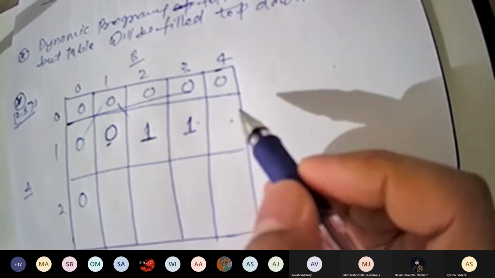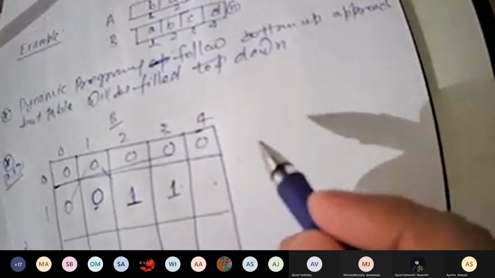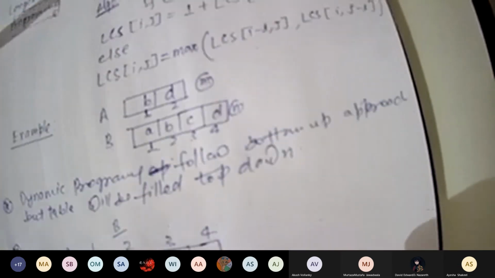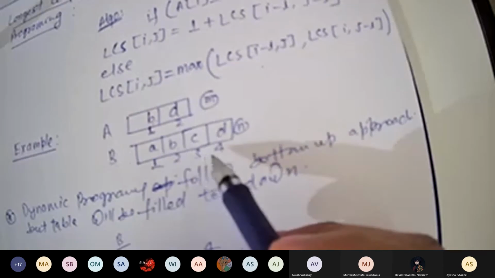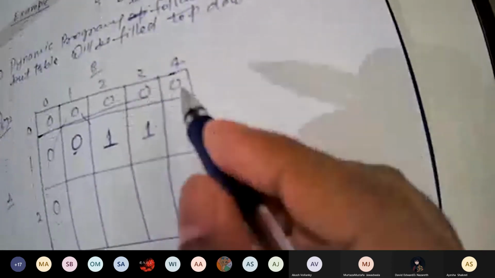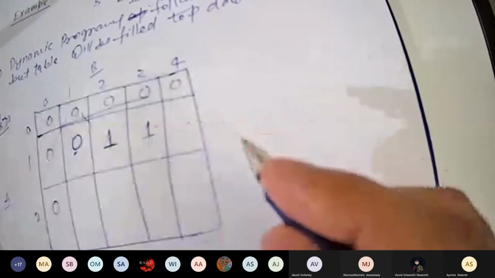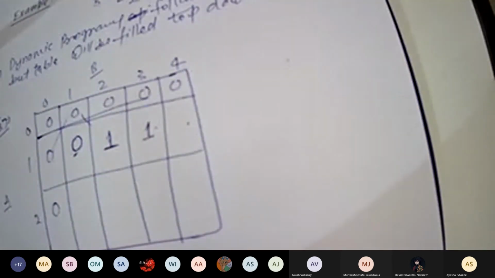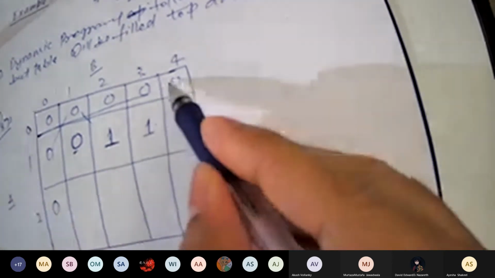A1 value is B and B4 value is D. So if A1 and B4 are not same, then what will you write? Max of this and this. So that is 1.